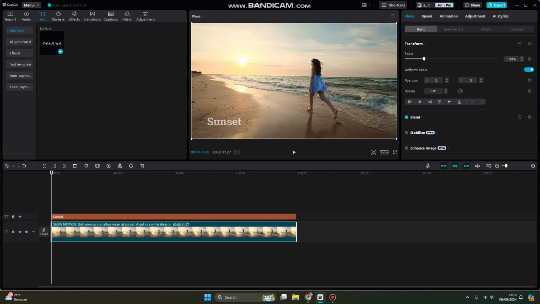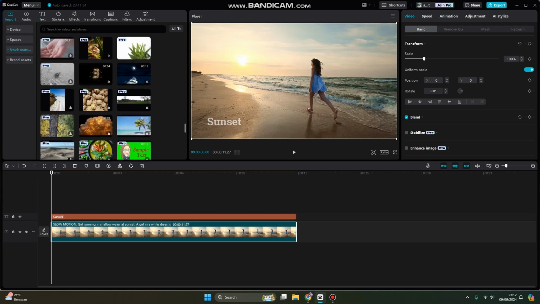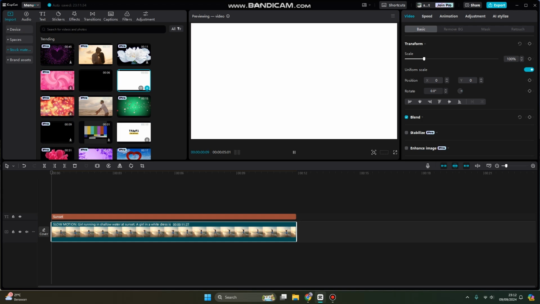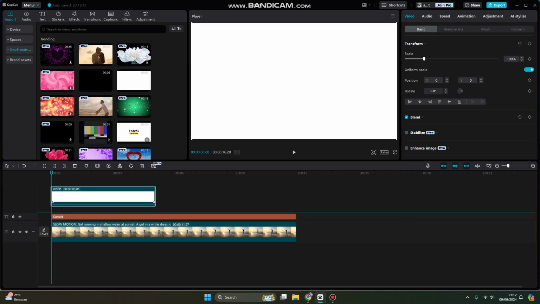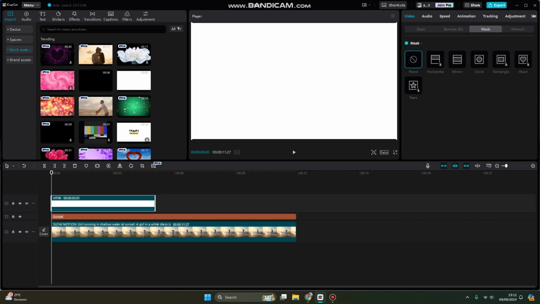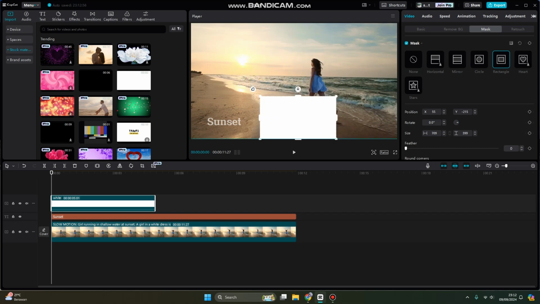So you can just go to media and go to stock materials here and find the white background in here, add it to clip. Okay, now you can just go to mask and choose the rectangle option. You can adjust the size of the rectangle,